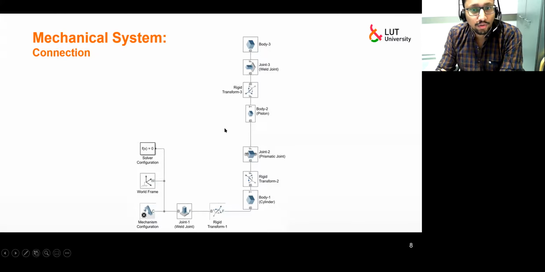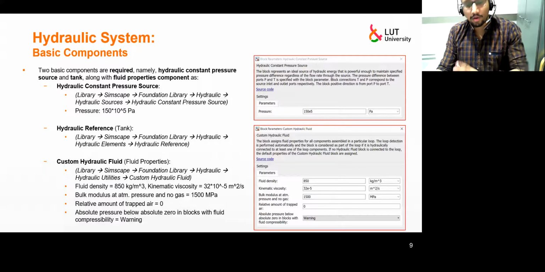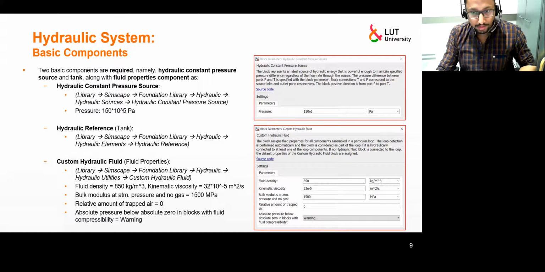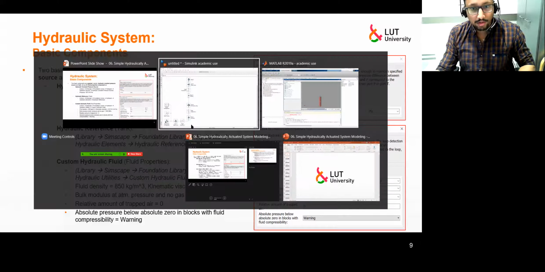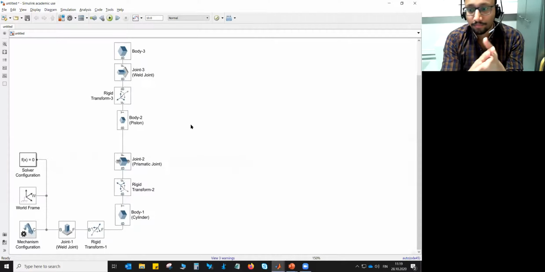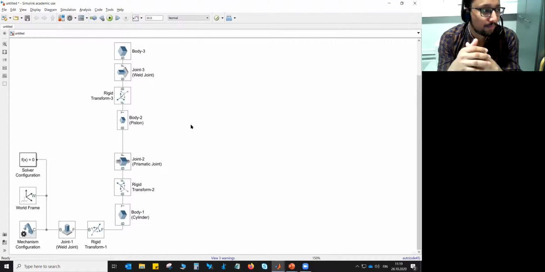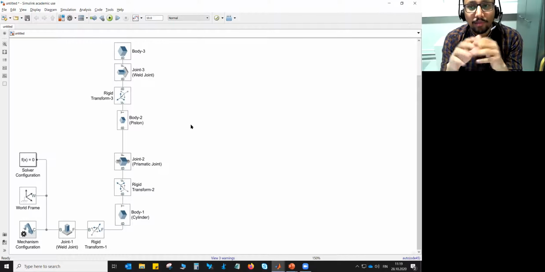So I already showed you how the mechanical system will look like. Let me go back to my model. So if you remember carefully, what are the things that we require for hydraulic system?